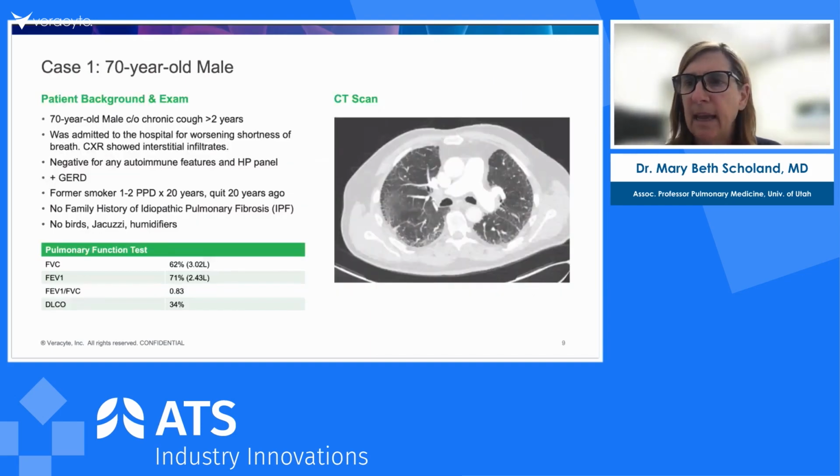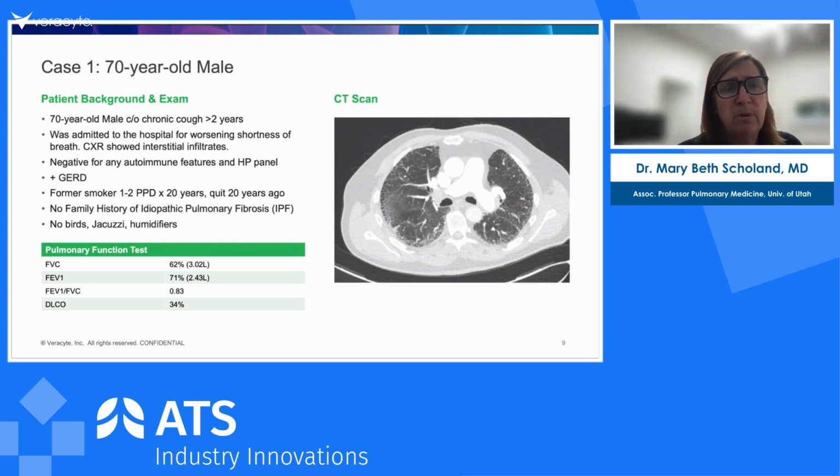Now let's think about a case, and we'll be coming to and from cases throughout this webinar. Case 1 is a 70-year-old male. This gentleman has had a chronic cough for more than 2 years, as is a common presentation. He was admitted to the hospital with worsening shortness of breath, and a chest x-ray showed interstitial infiltrates. Workup was negative for autoimmune or hypersensitivity